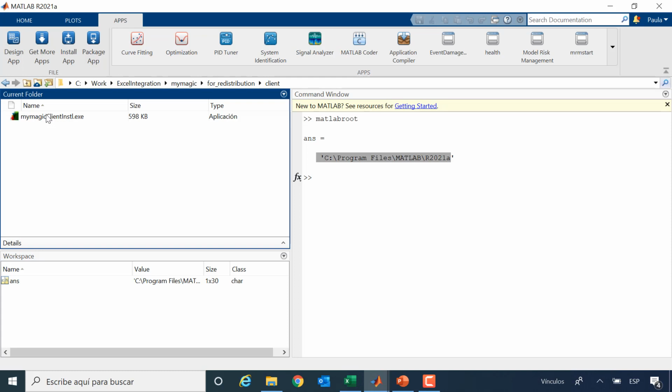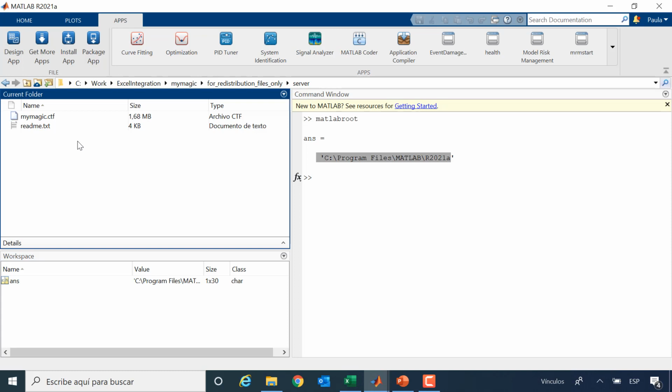So basically what they do is they have a thin client into their Excel. We go to the other folder, and here we have the CTF.